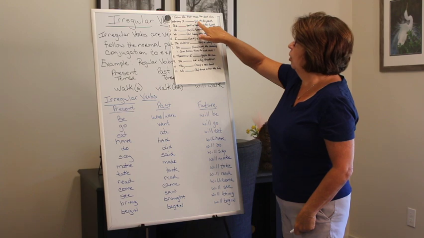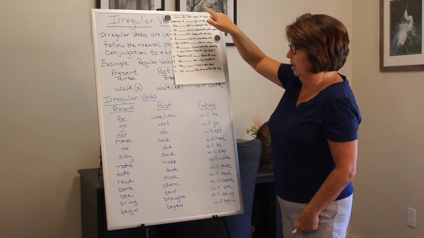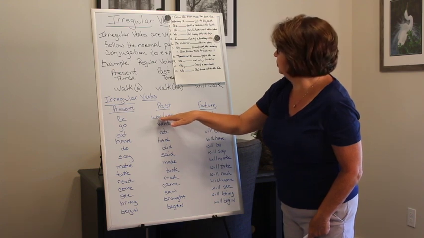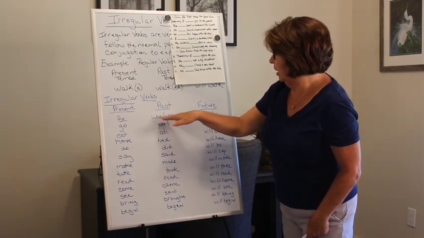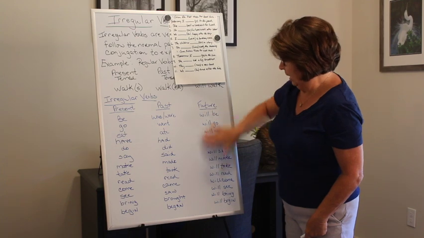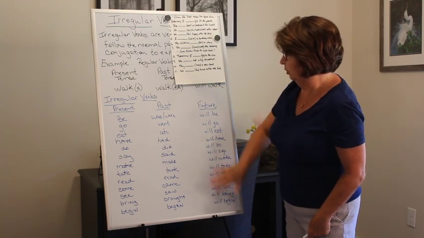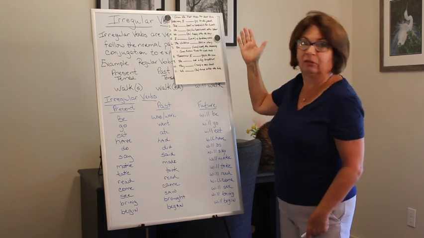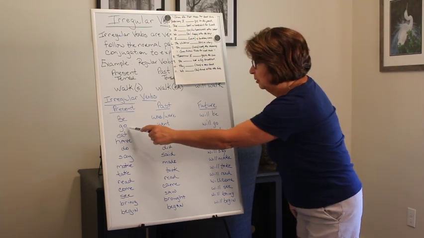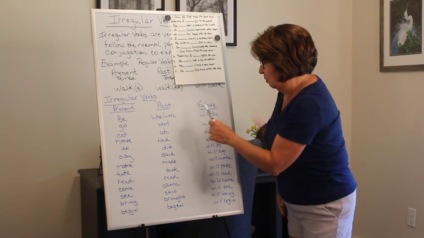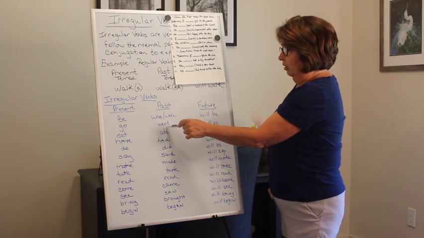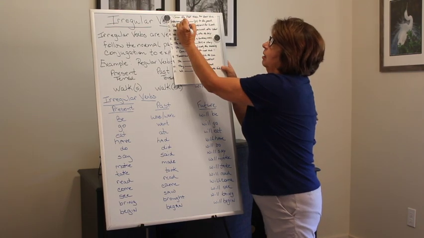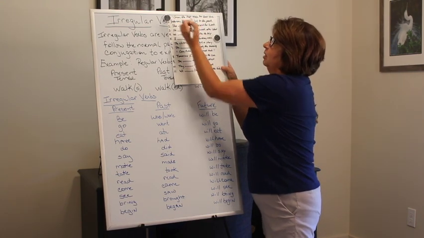Yesterday, I go to the park. Let's look at our list. For go, I'm looking at the wrong one, sorry. We're not going to look at the future tense, we just want the past. So it's going to be go, went, or will go. So I went to the park, and I am sorry if I confused you just now.